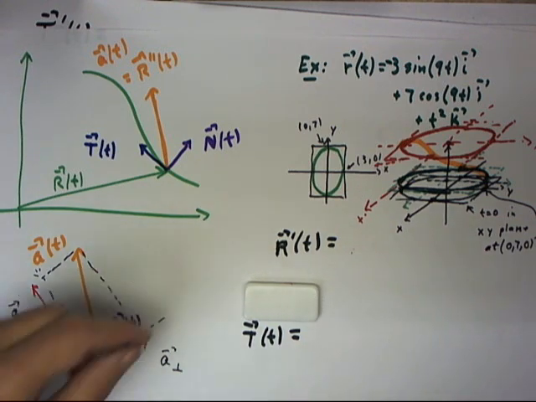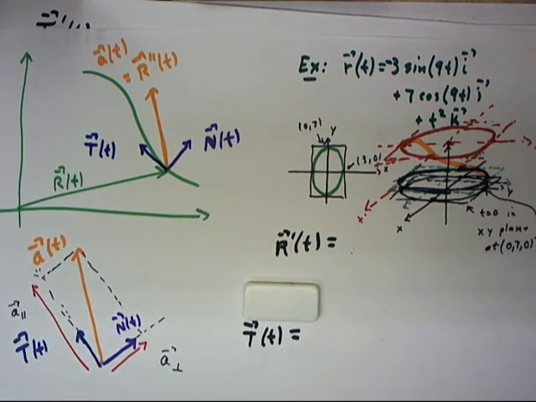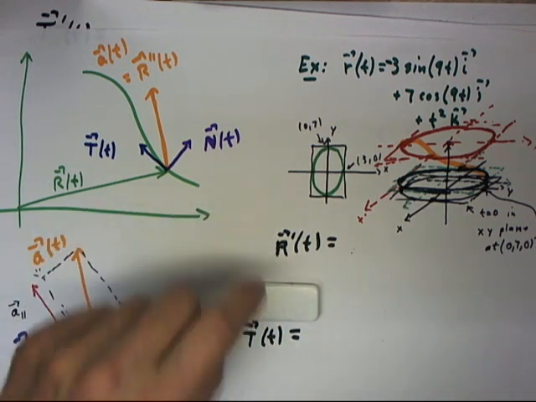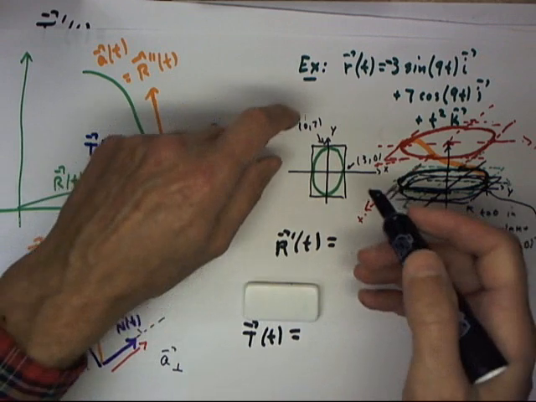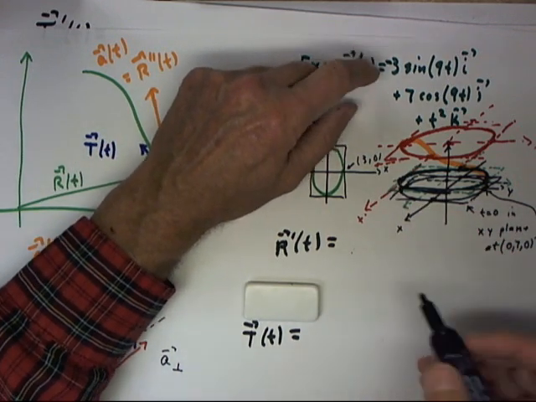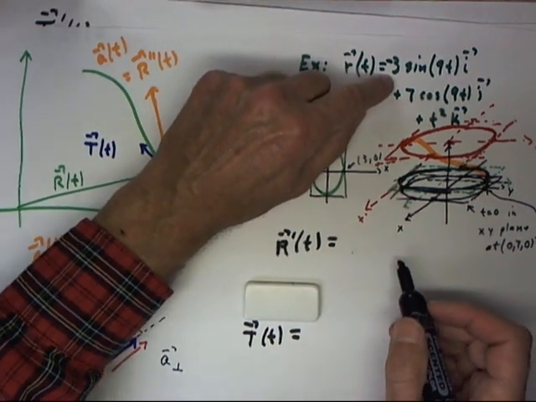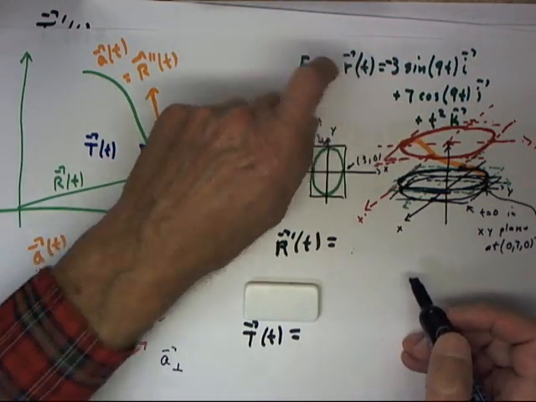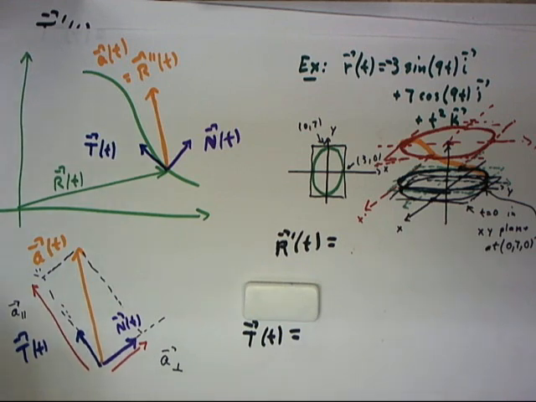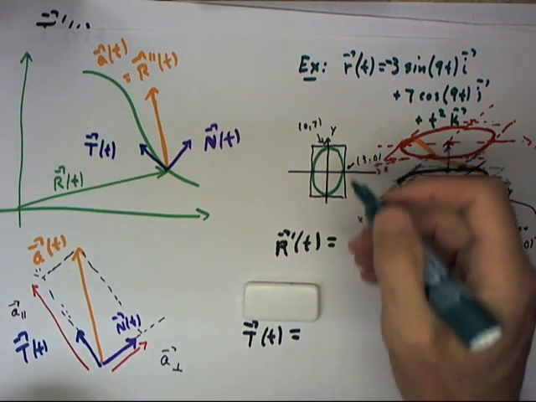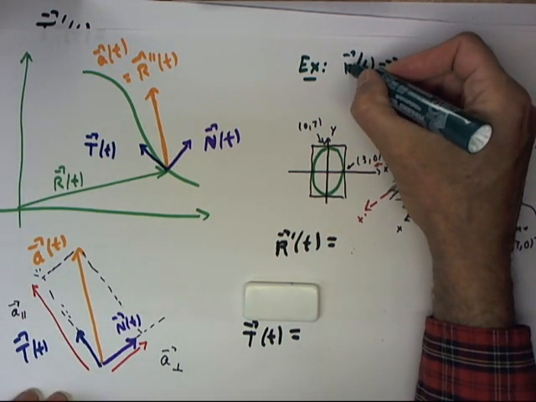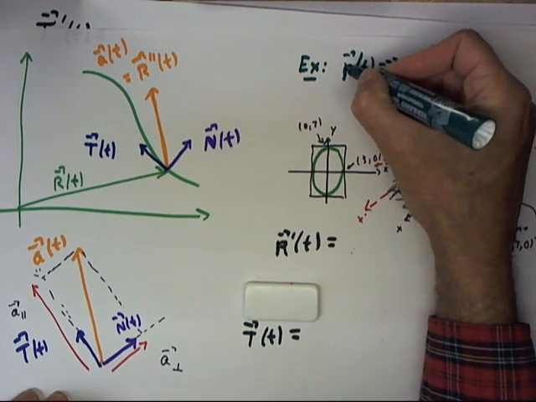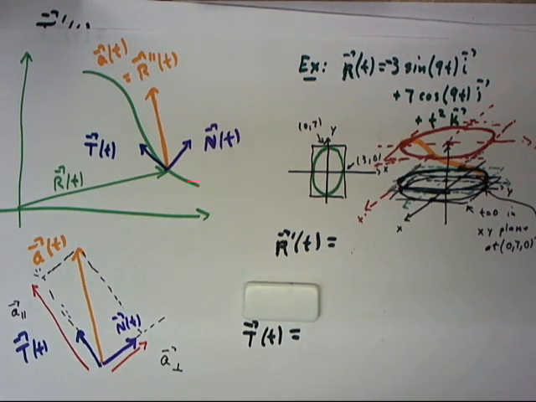Okay, so let's quickly calculate r prime of t, unit tangent vector, etc. Now I say quickly, we can quickly get r prime of t. The process will kind of bog down as we go, but let's just do this as an example. So I'm not going to explain all the details. It's very clear that the derivative of this function, and since I'm using capital R, I should have made that a capital R, that r prime is going to be equal